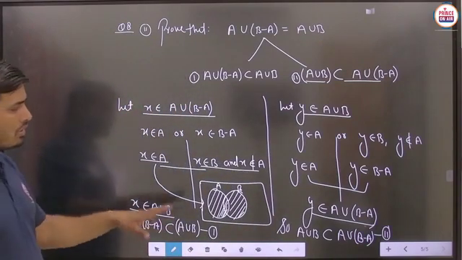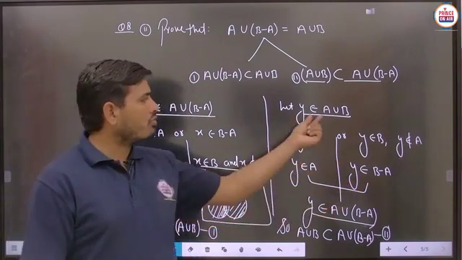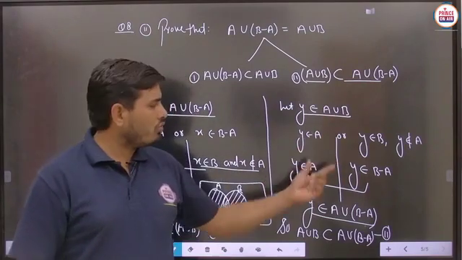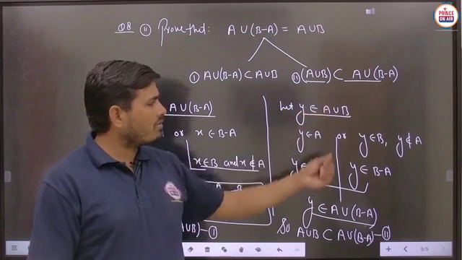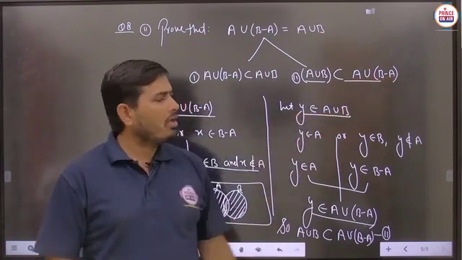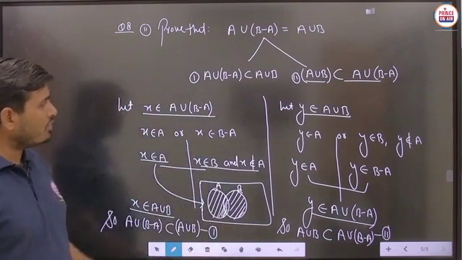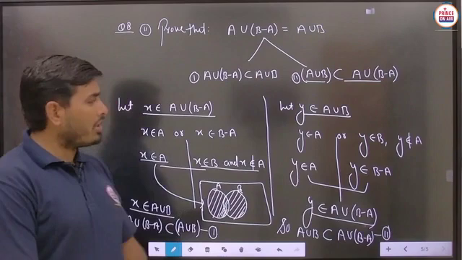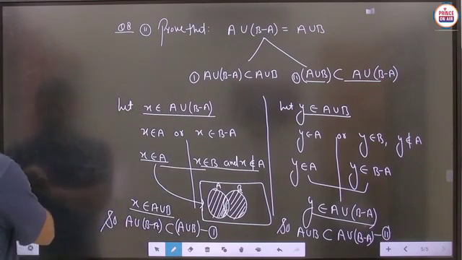So in this case again you can just make the Venn diagram to understand the result. Y belongs to A union B, then you can say that Y belongs to A and Y belongs to B. So you can just make the Venn diagram, and you can say that Y also belongs to A union B minus A. Is it to be clear? So this is the answer of the second part of question number 8. Now student, before taking the next question, pause the video to note it down. After that we will take the next question number 9.